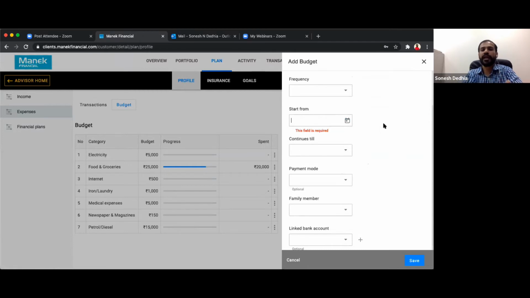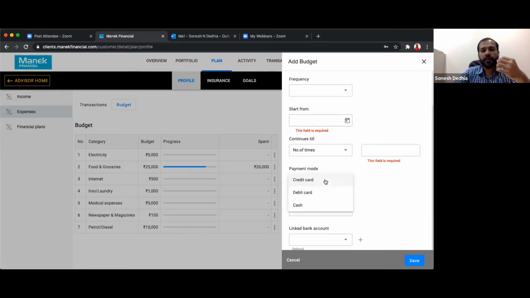So for example, if your planned start date, like you're mentioning about the income also, you're starting from maybe September of this year, and you take it till the August of next year. So you may start these expense recordings from September onwards. Then it continues till what, like there may be some expenses which you may want to say will continue till retirement. Some expenses maybe till lifetime, some maybe for some number of years, or some maybe for a number of times, where you just mention that I need to pay something which is for 20 installments or something like that.